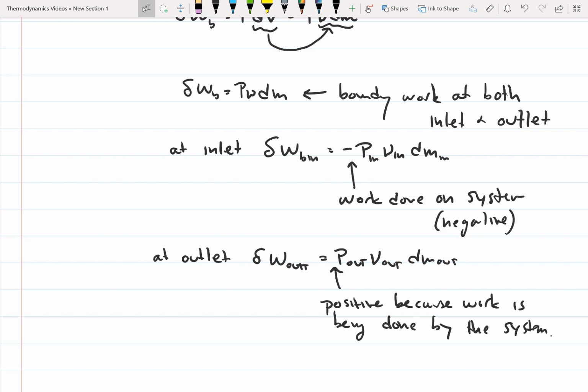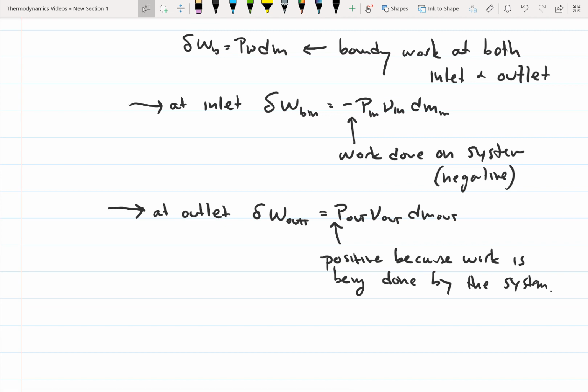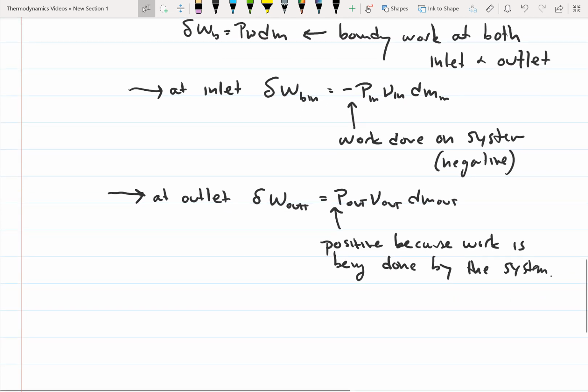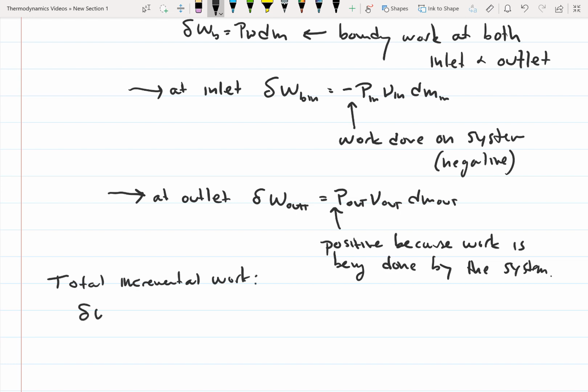So basically the work at the inlet is the work that's required to push the mass into the control volume, and the work at the outlet is the work that's being done to push the mass out of the control volume. So what we can do is we can write the total incremental work. So the total incremental work is the boundary work is equal to